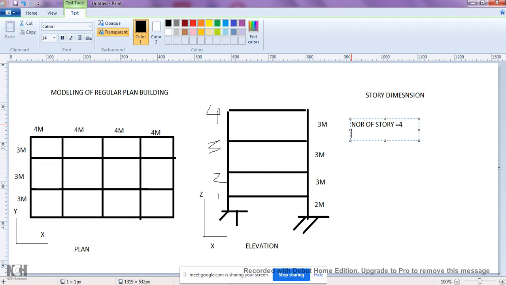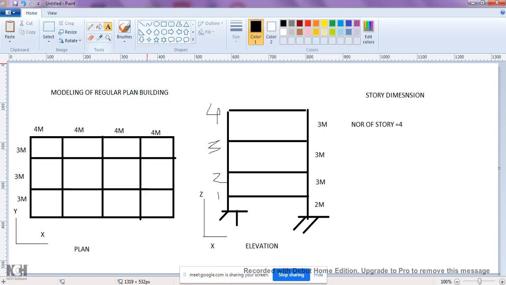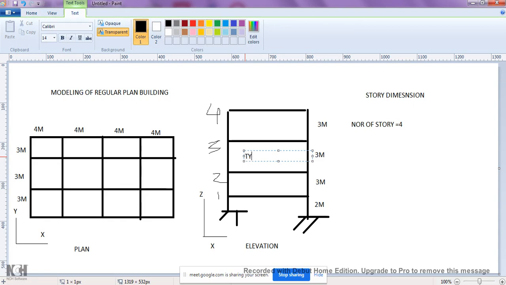Next it will ask about these, which are called typical floors. Typical means generally the height will be the same. The heights of those floors are the same, in general.